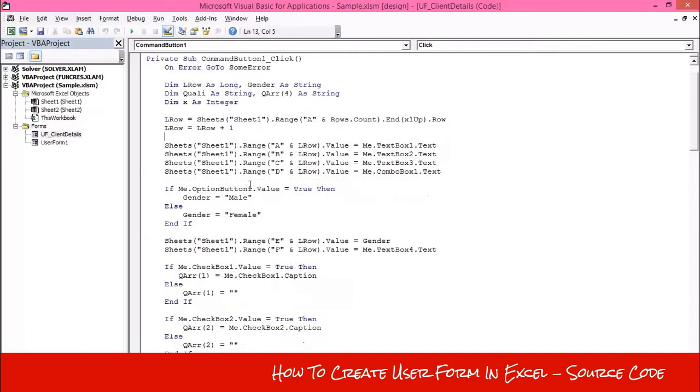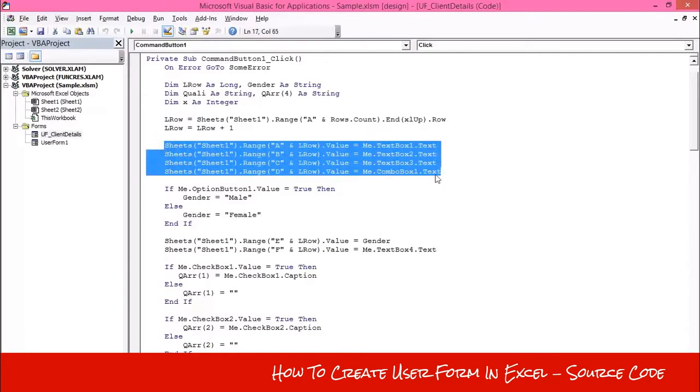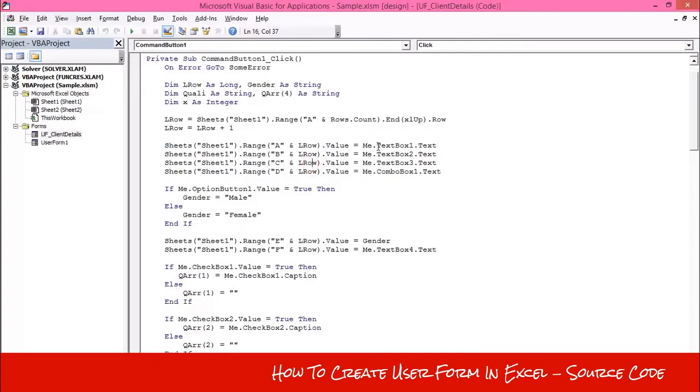and we will use this variable to indicate the current available row, and these 4 lines will assign the value of TextBox1 into column A, TextBox2 into column B, TextBox3 into column C. Simple lines.